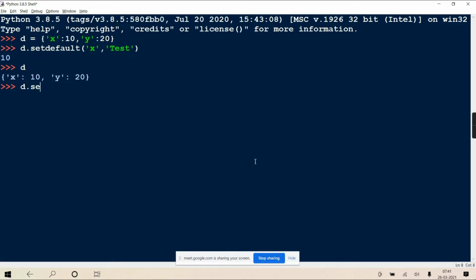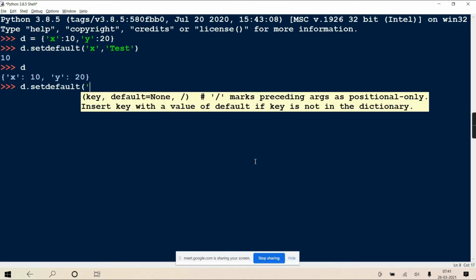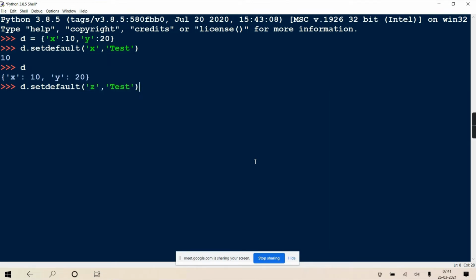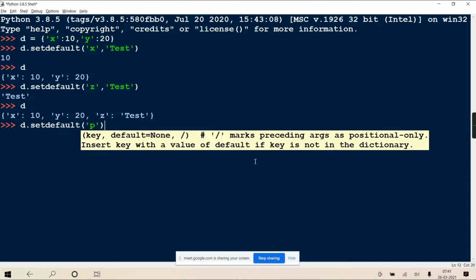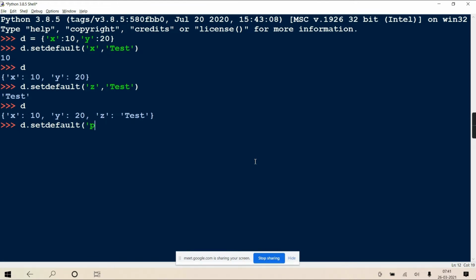But now if I write d.setdefault z and test, now z is absent, so it will add that z in your dictionary with the value test. If you check your dictionary, z is added with the value test. Getting it? With d.setdefault, you're adding p, but you didn't give the default value.